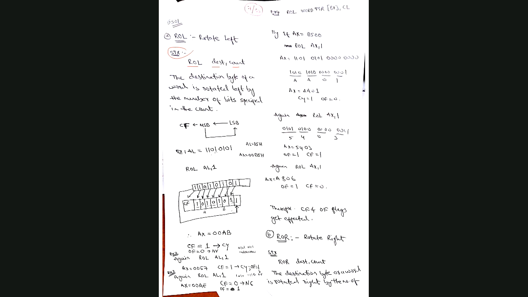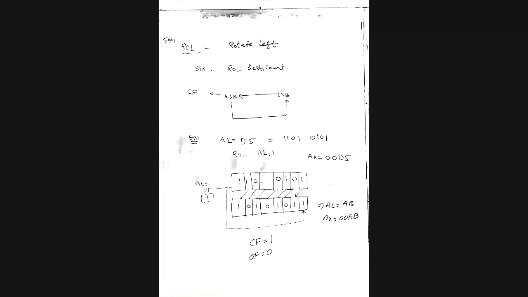Rotated left means, you see here you have bits. I will show you a cleaner example so that you will understand it in a nicer manner. Let's see this slide. Now look here, rotate left. See, now what is happening here? The LSB is moving towards the MSB, right? All the bits are moving towards the MSB. Then when you move to the MSB, what happens?